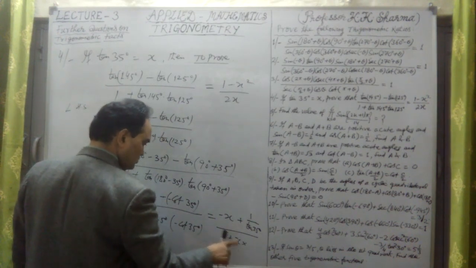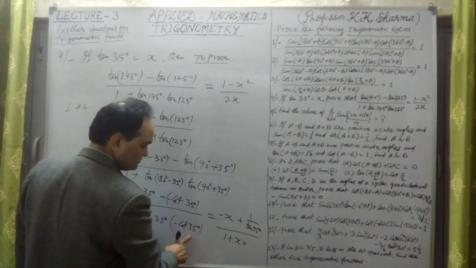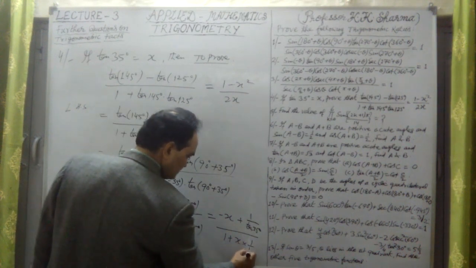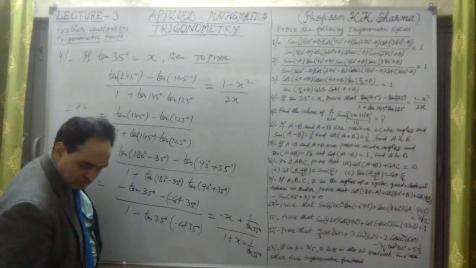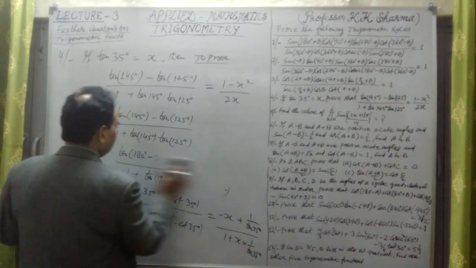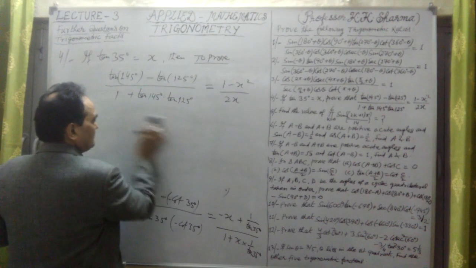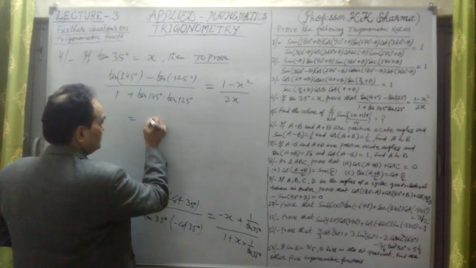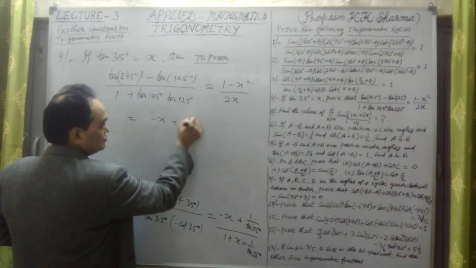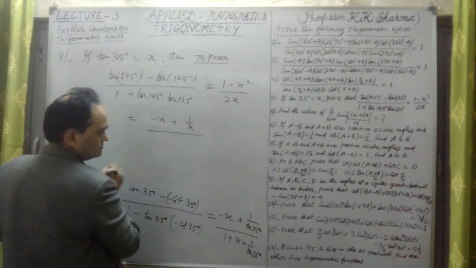This is 1 upon x, because cot 35 degree is 1 upon tan 35 and tan 35 degree is x. Therefore, we obtain minus x plus 1 upon x, divided by